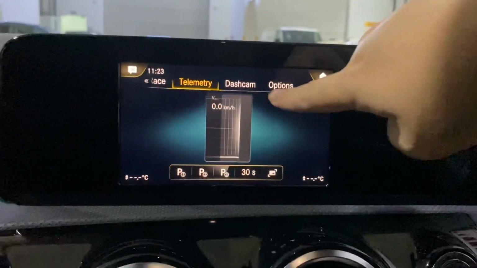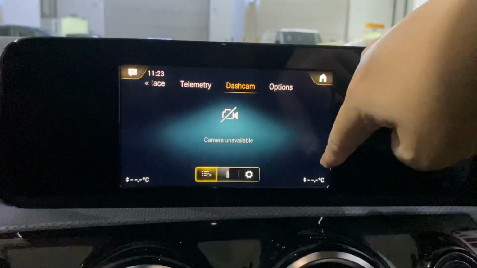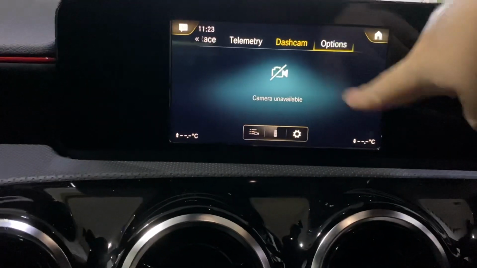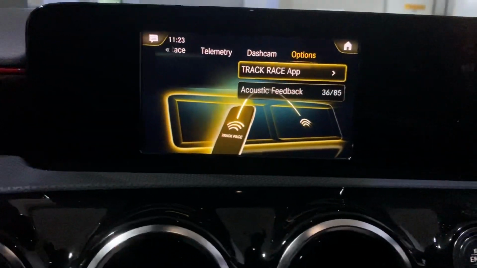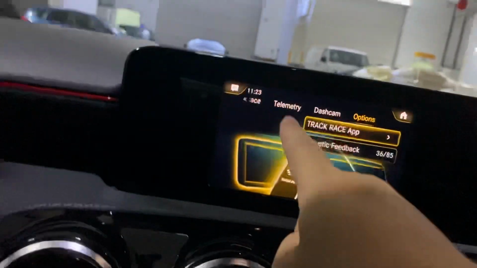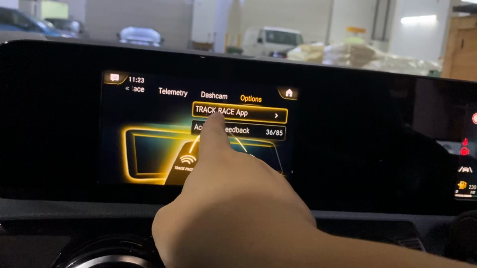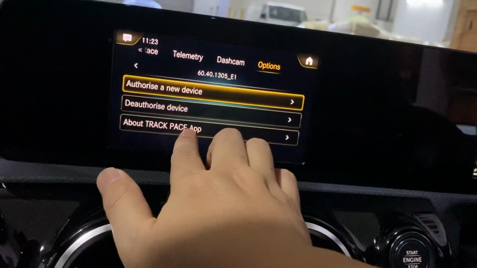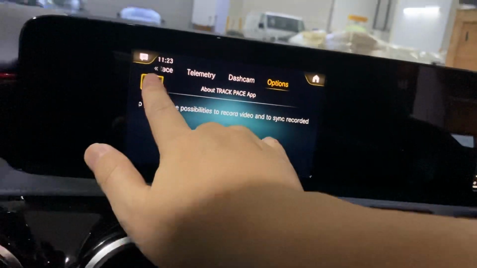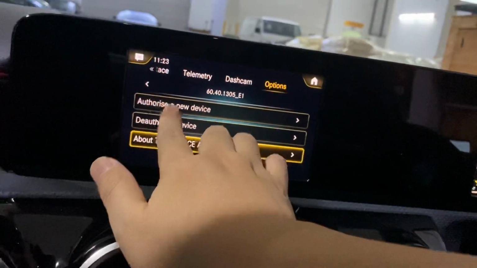And this is the dash cam. For this car, we don't have this dash camera, so this dash camera is not available. This is optional. You can use the Track Pace app. Actually, we install it from the App Store. The name is called AMG Track Pace, not track race. After you install Track Pace, then you can pair, like authorize a new device,